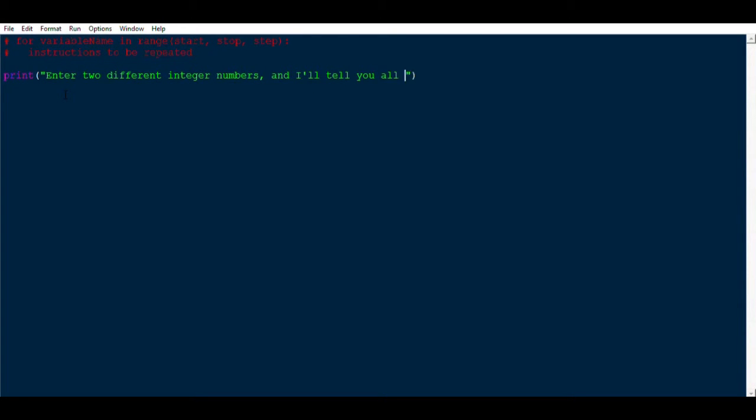And now using the for loop, what I want the program to do is start at the smallest number and go up to the largest number, print all of the values within that range between the smallest and the biggest, all of the numbers that are divisible by a particular number like 11. So I'll start off again. Print, enter two different integer numbers, and I'll tell you all of the numbers between them that are divisible by 11. So I take in num1,